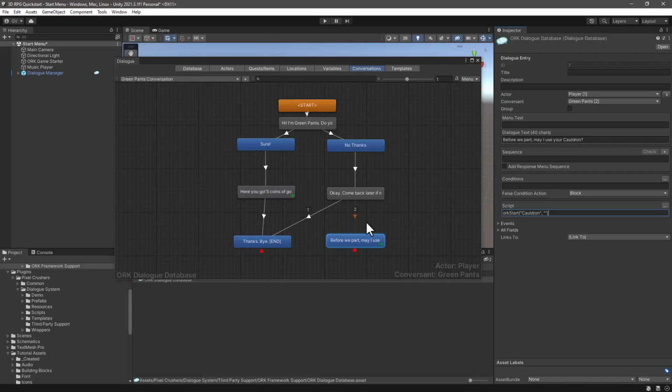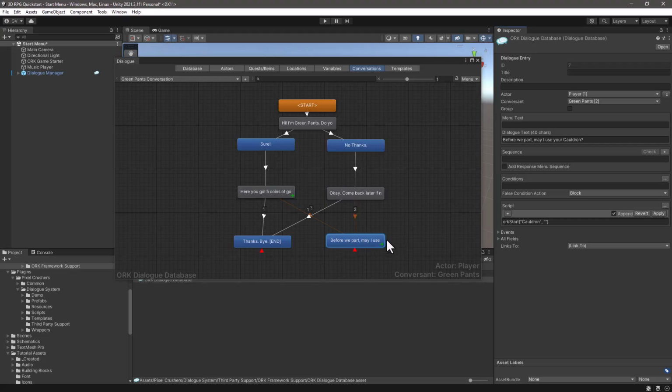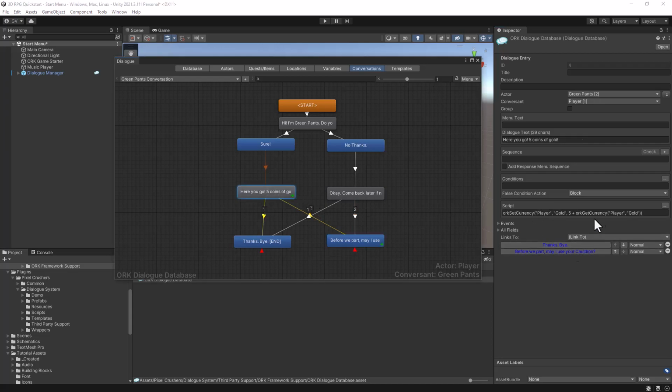Okay, and of course we need to link also, let's link from here. Here you go. When we accept the gold, we can also ask this question about using the cauldron. So let's just create a make link and drag it over here. You notice though that I typed all these functions because they were simple enough, but yet again, if you have a more complex functionality,